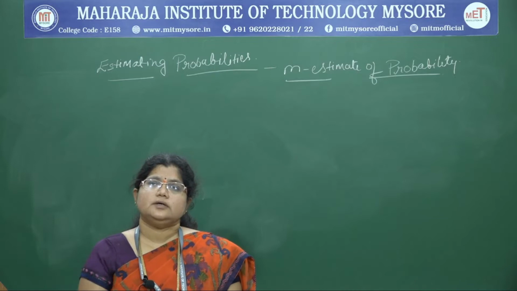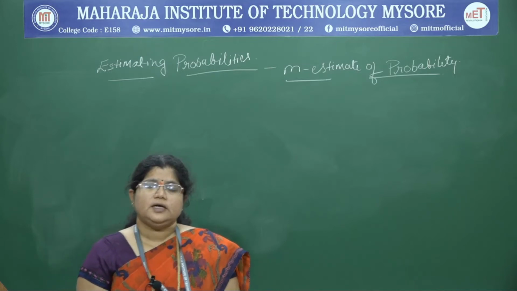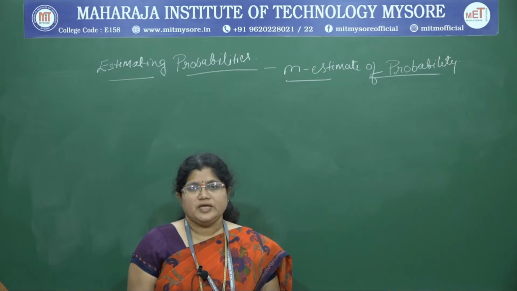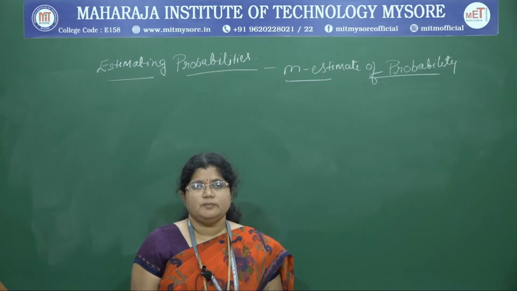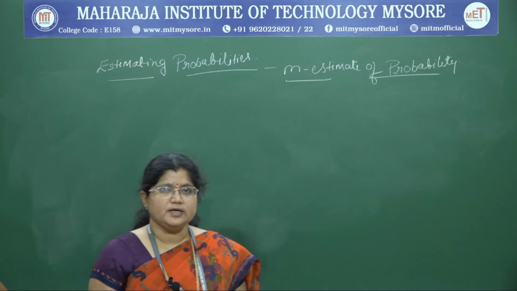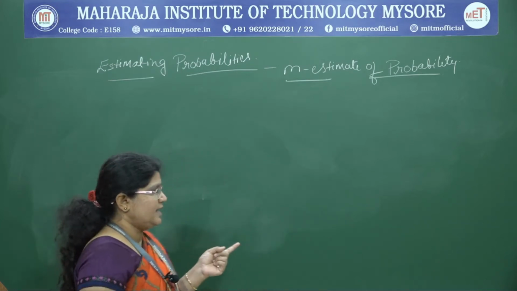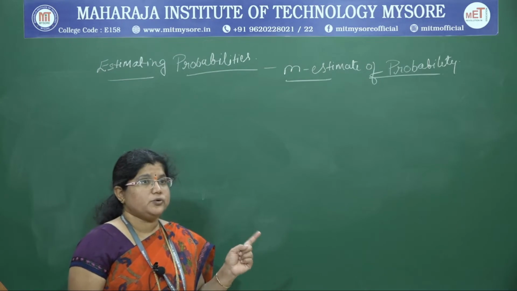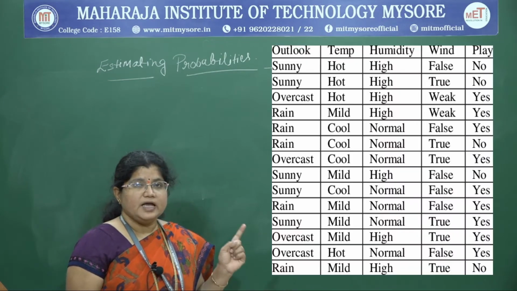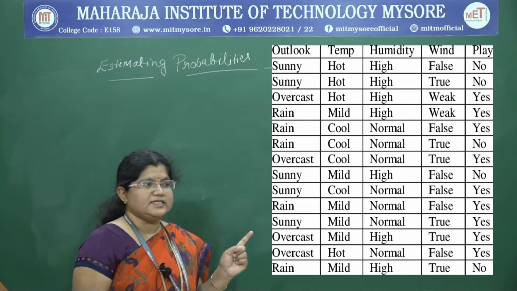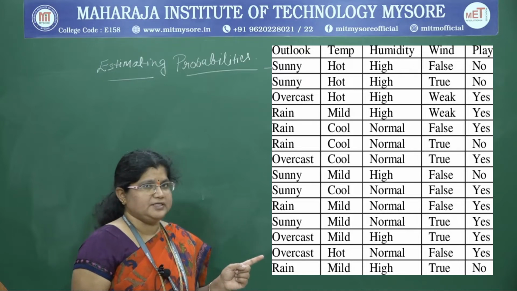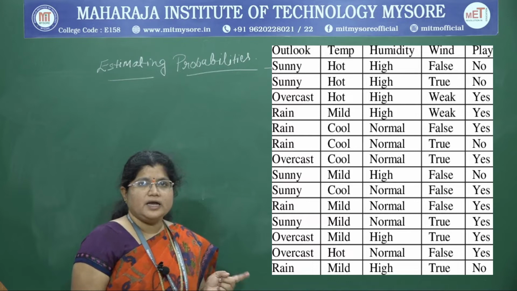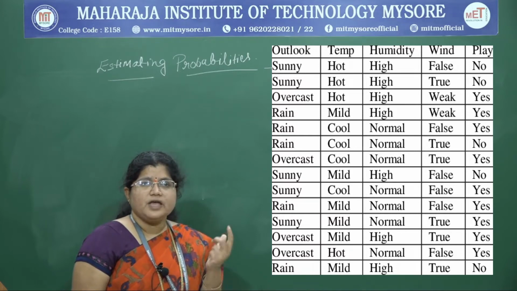Continuing module 4. In a previous session, we came across the Bayesian classifier. For this particular example, we are looking at a table. This table describes an event, that is, play tennis. The target concept is play tennis. In these 14 instances, in a previous class, we have done the